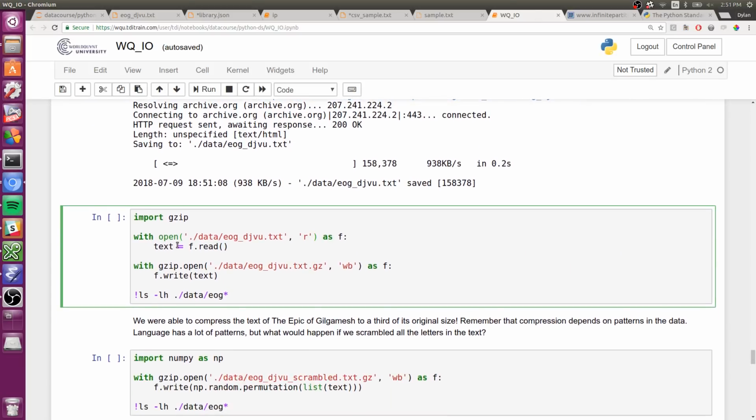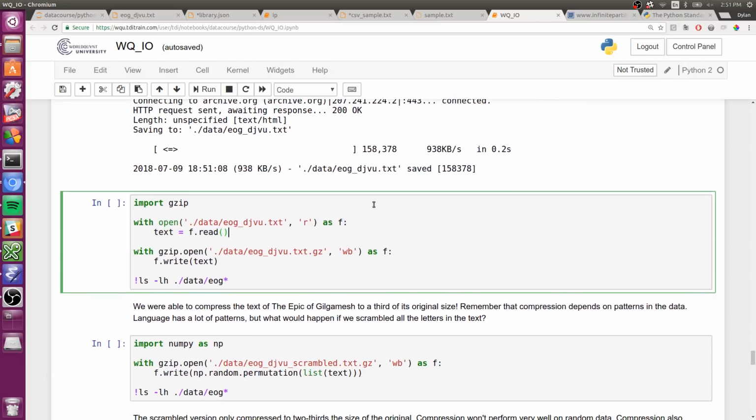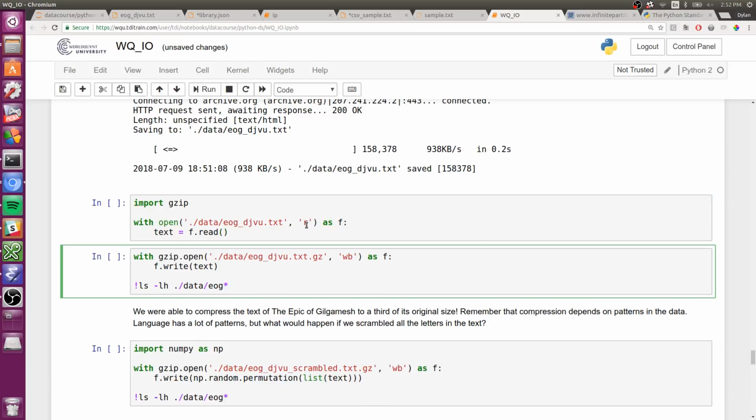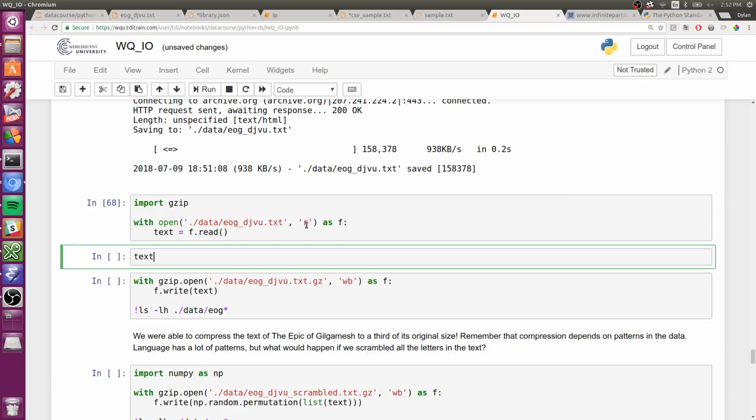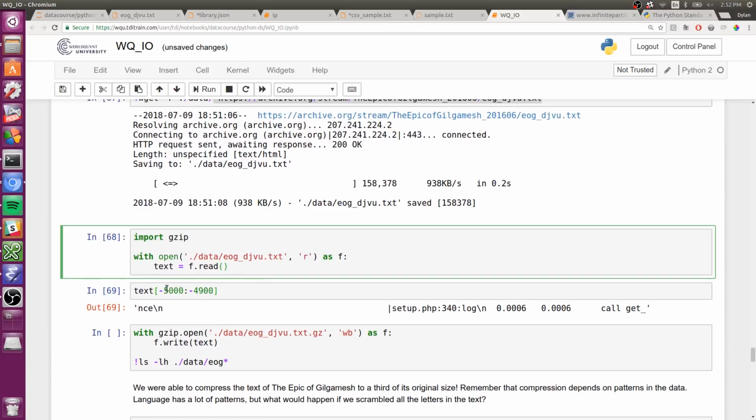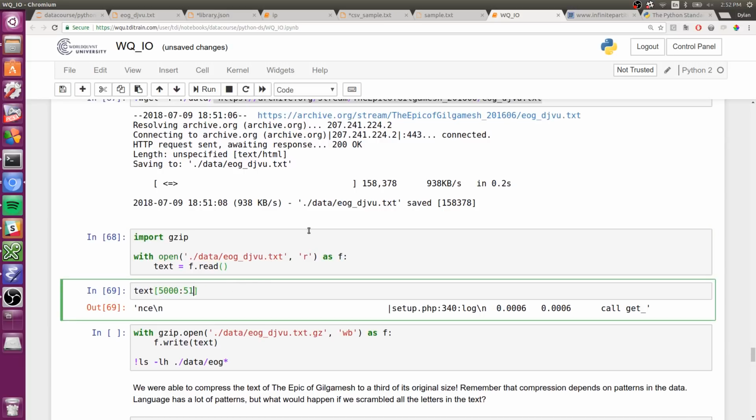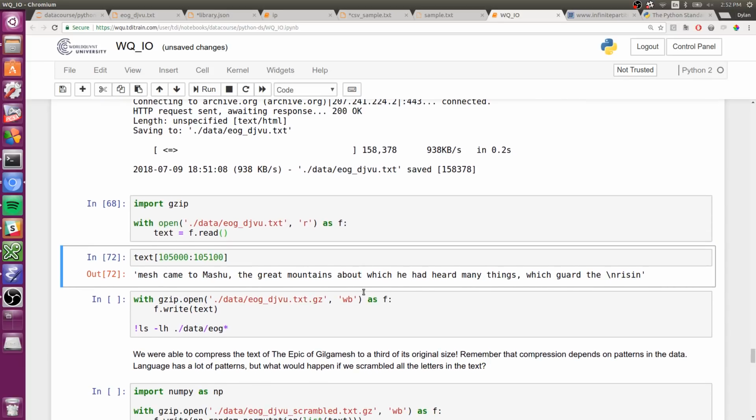So we could open that file and read it into a string. Okay, not quite what I was hoping for. So, let's see. There we go. So here's some 100 characters from the story. If we wanted to compress this string and write it to file,